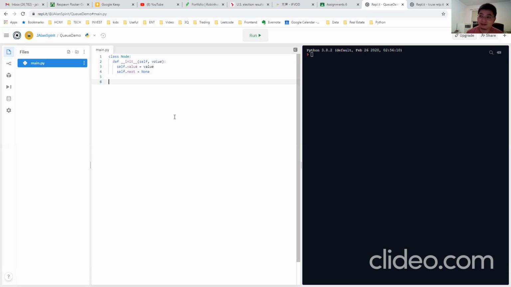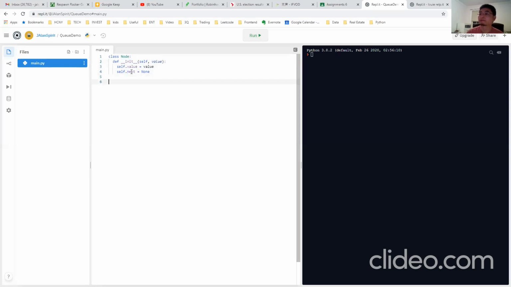Init and value. Init is not a property. Next and value. Now you're correct. I hope you remember that. Whatever is defined in the init function after self dot is a property of the class.